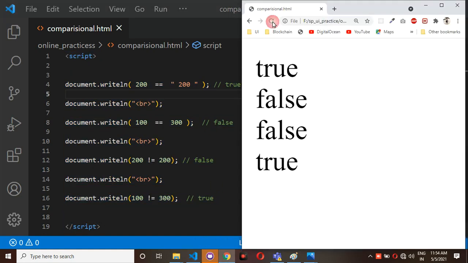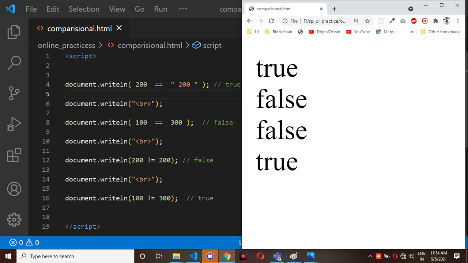If you are using the double equals operator, it will check whether the two values are equal or not, that's it. But it can't check whether both values belong to the same data type or different data types. That's why 200 double equals "200" inside double quotation marks, both values are the same but different data types. Even though the data types are different, the double equals operator can't find this out.